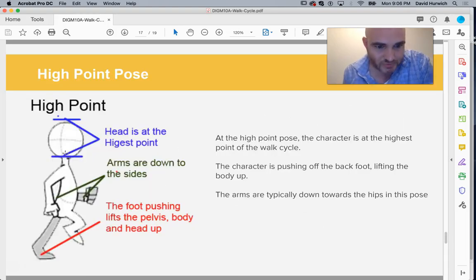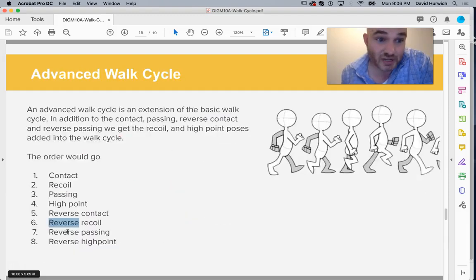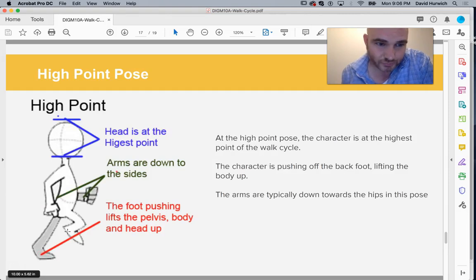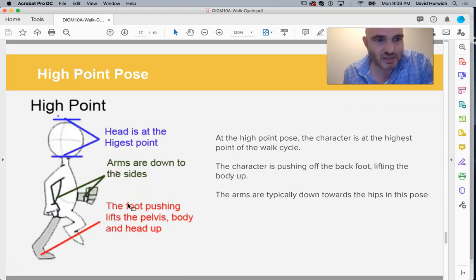Okay. Arms down at the side, or sorry, that's the recoil. Legs bent as it takes the weight. Then we have the passing, and then we have the high point. High point is the highest point when you have an advanced walk cycle. So in the earlier one, the passing would be the highest, but this one's even a little bit higher than that. Okay, the high point is